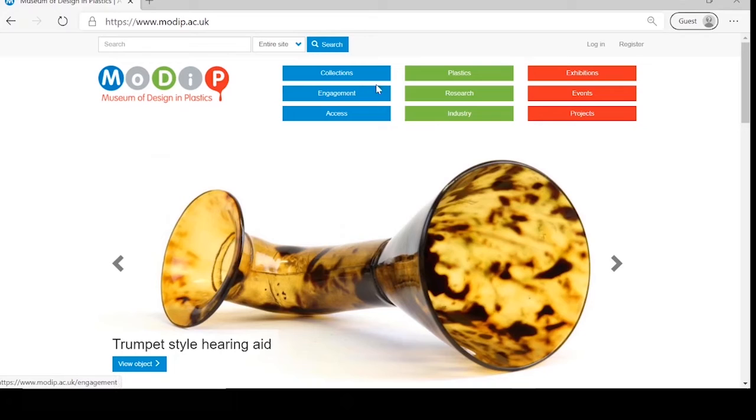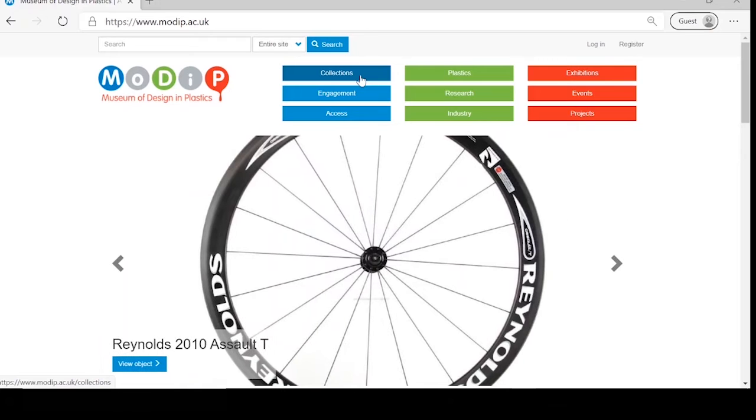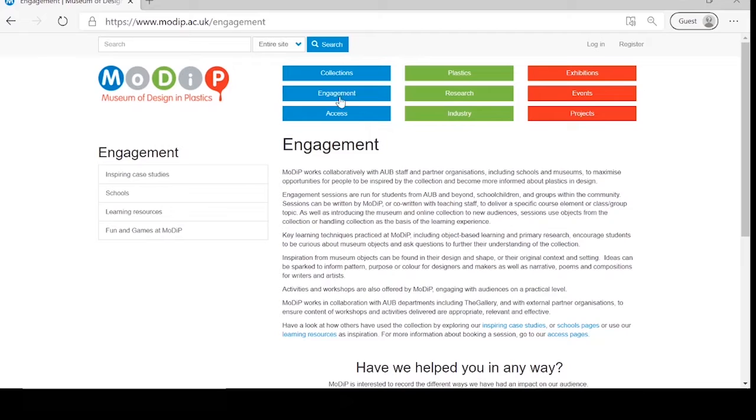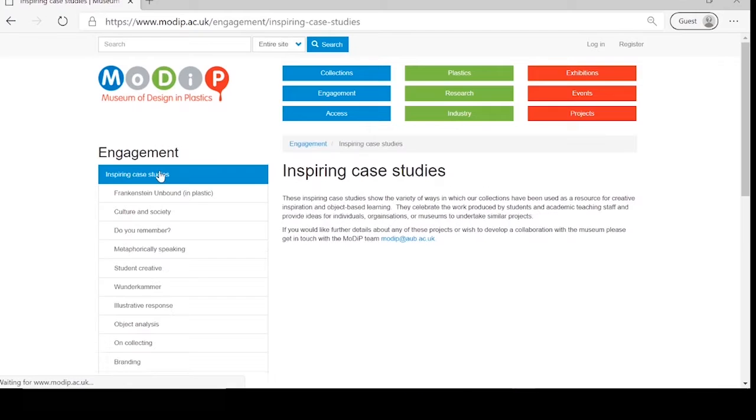So first of all, we have collections, but I shall return to that one shortly. We'll just run through the others. If we look at engagement to start with, you'll see that we have inspiring case studies, and these are ways that other students, other members of the teaching staff here at AUB have used the MoDiP collection in some of their work. So we've got some great resources on here just to give you an idea of how you might